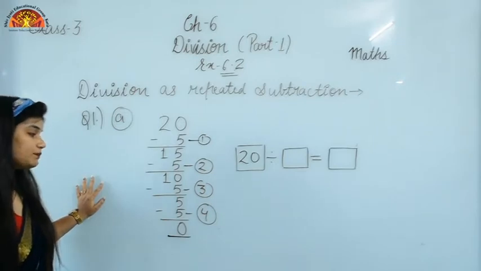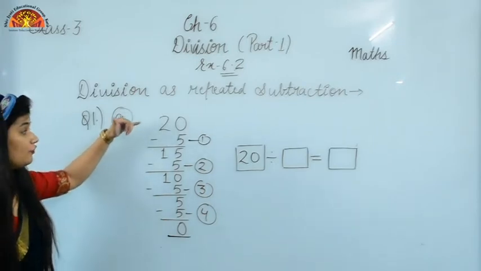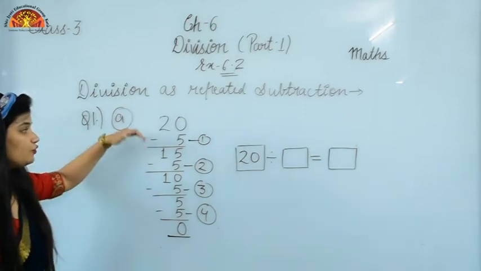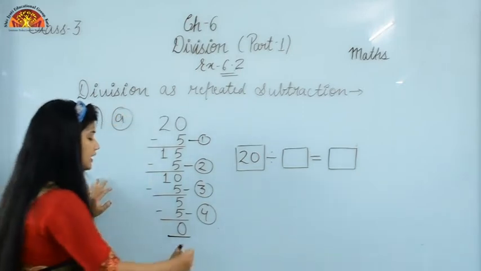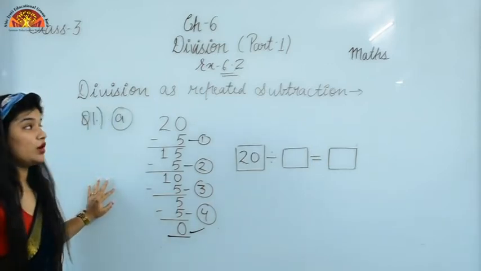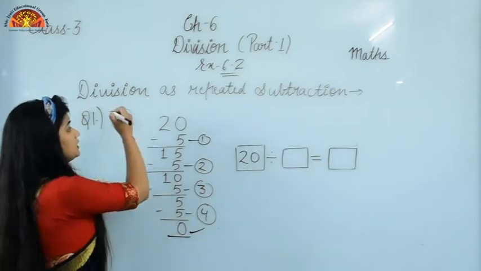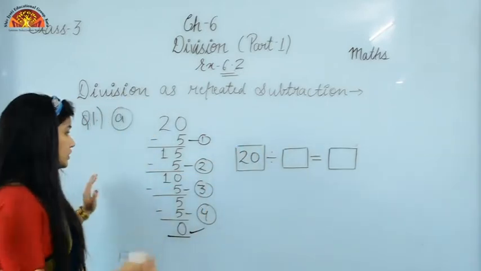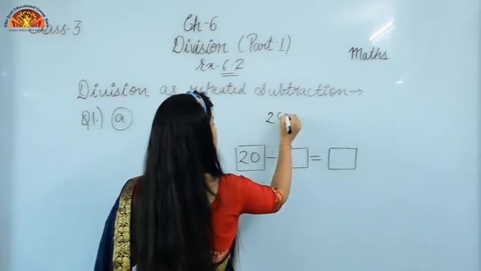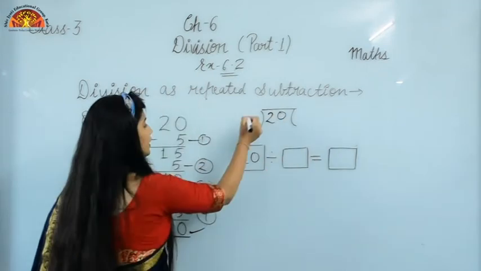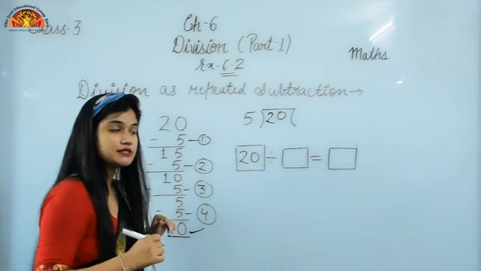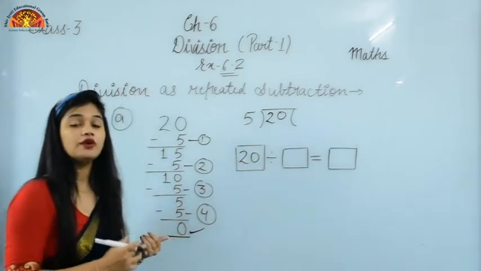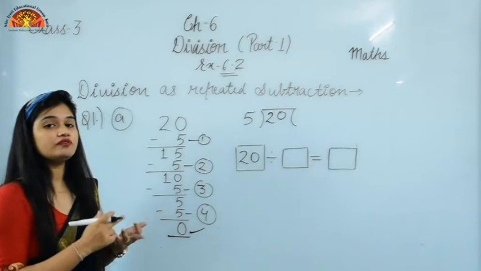So if you subtract 5 from 20 4 times, अगर आप 4 times 5 को 20 में से subtract करोगे then you will get 0 and we can see division as repeated subtraction. Is it clear students? So now we are dividing 20 by 5. हम यहाँ check कर लेते हैं what will be the answer. आंसर क्या होगा? So students, as you know, 5 ones are 5, 5 twos are 10, 5 threes are 15